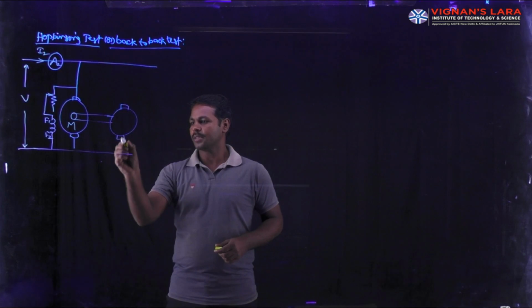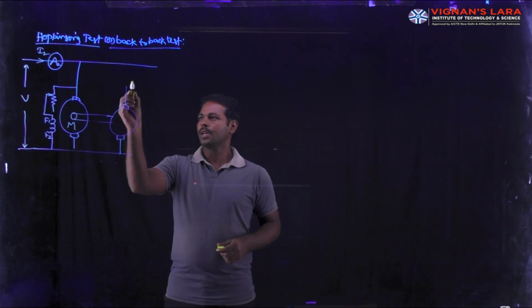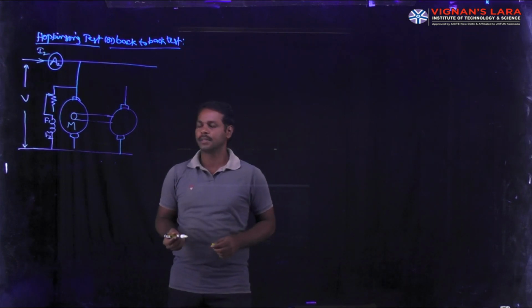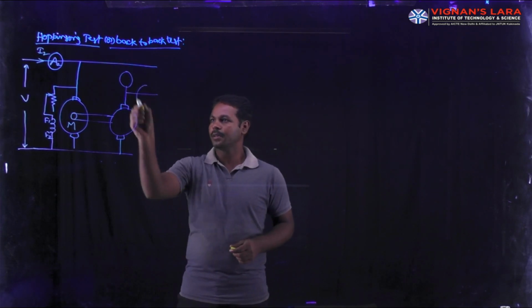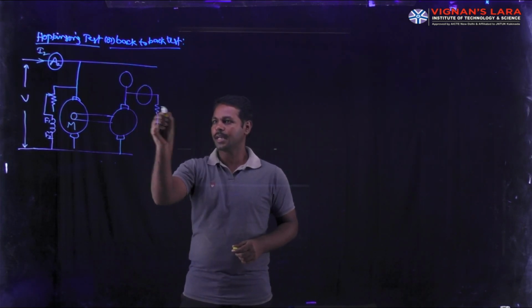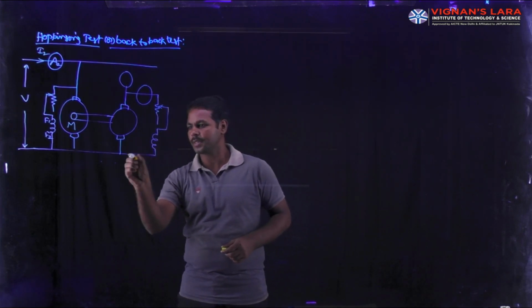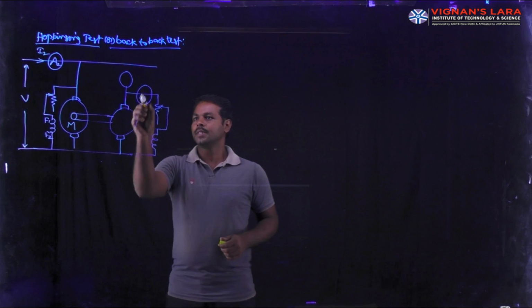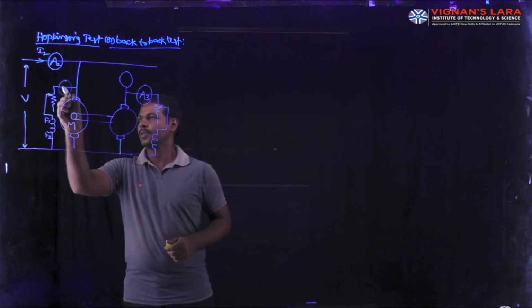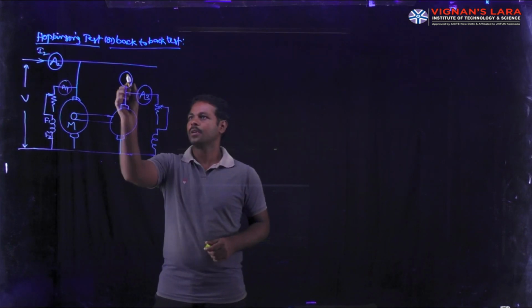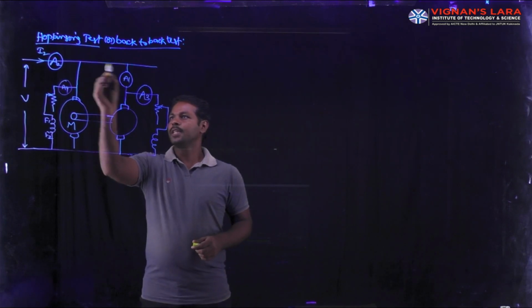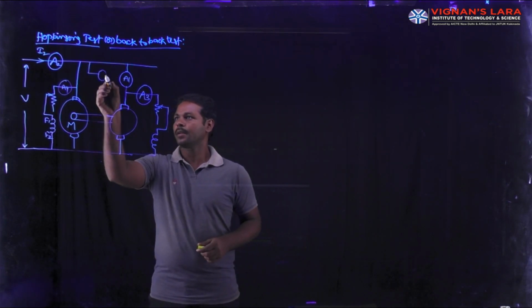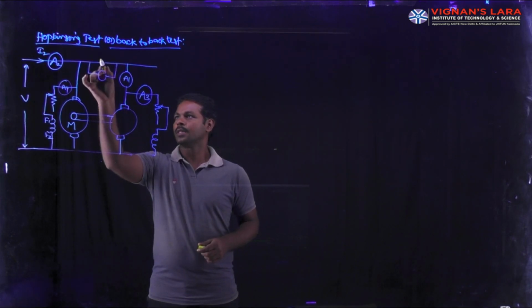The armature terminals of the generator are also considered for both conditions. One ammeter is also measured by another ammeter. The field rheostat is connected in series with the field winding, with ammeters A3 and A4, and A1. In between these two, we always connect a voltmeter, which is open circuited.